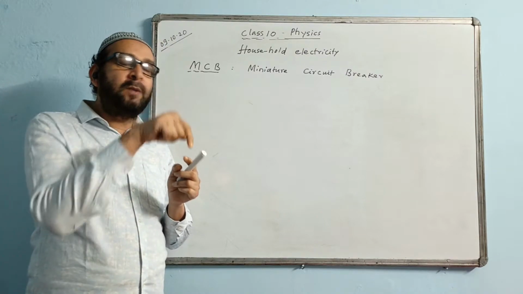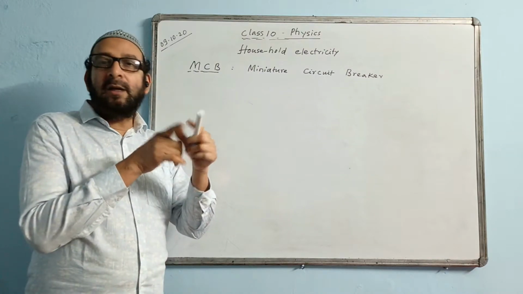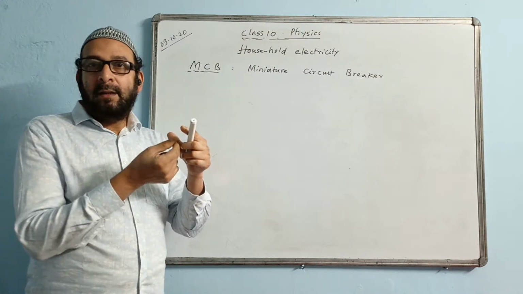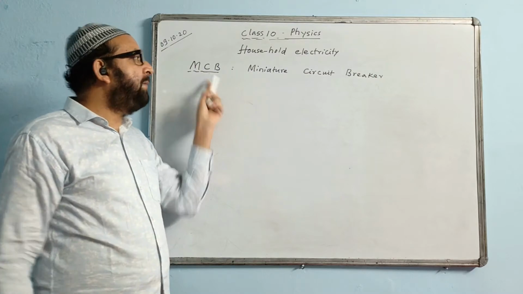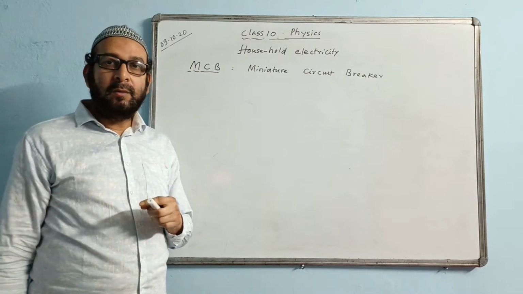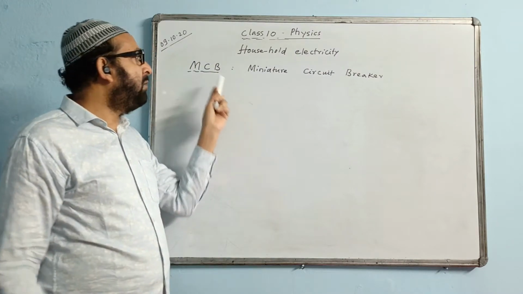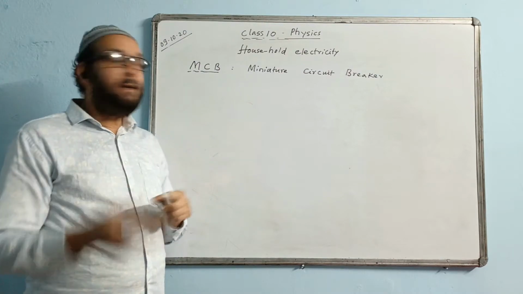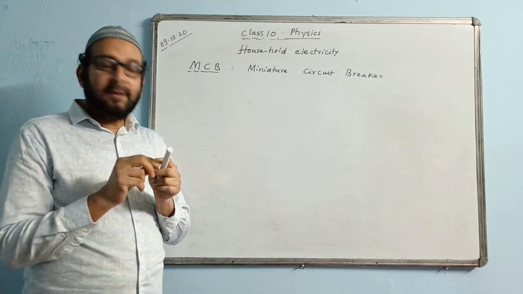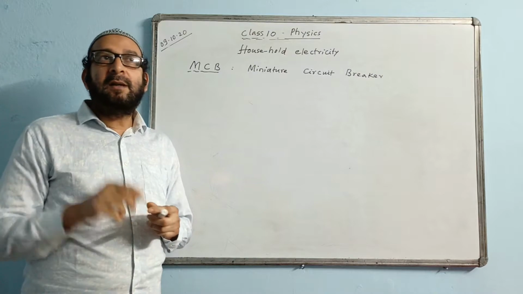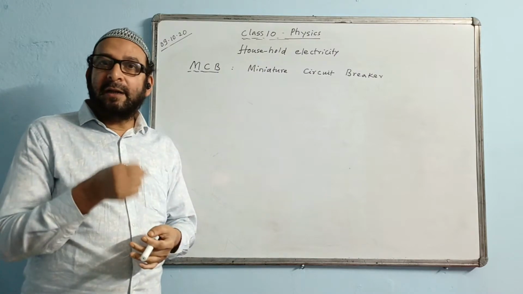That means it stops the high current from entering the circuit immediately. Whereas a fuse takes a little longer, because the wire has to get heated up and melt, then it disconnects. So the MCB is preferred to a fuse. The only problem with the MCB is that it is more expensive than a fuse wire. Otherwise, nowadays the fuse is replaced by the MCB. The role of both is the same, but within an MCB we don't use any wire. Rather, there is a thermostat, that you must have seen in an iron, in geysers, in an electric kettle.